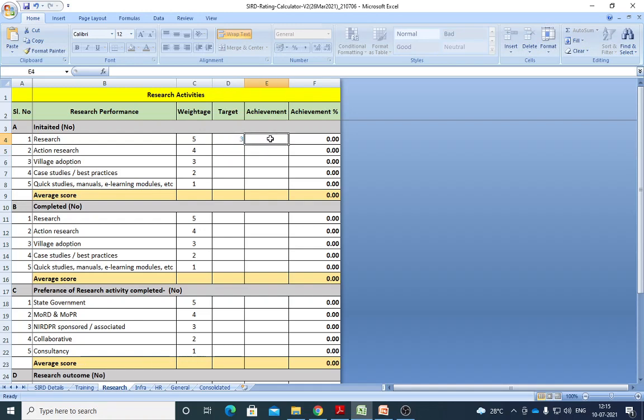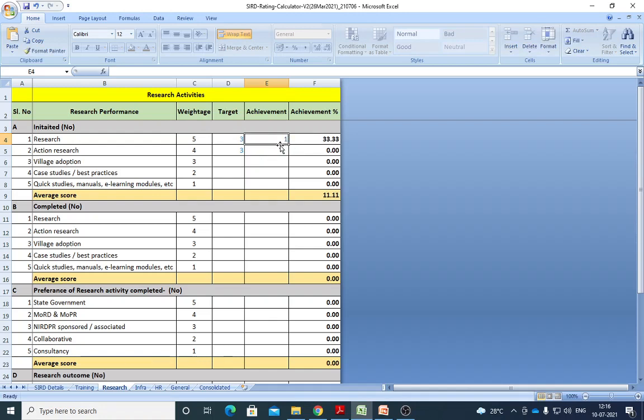And once the research is initiated, I can get into that. So targeted, I submitted 3, and I am supposed to get 3 projects. Yes, I am waiting for that. And action research, I initiated 3 programs. This is my target. I already submitted; achieved in the sense approved. How much you got approved is also very important. When you initiated 3 and submitted 3 programs, achieved means approved. I didn't get approved. I have submitted 3, but I got only 1 approved.